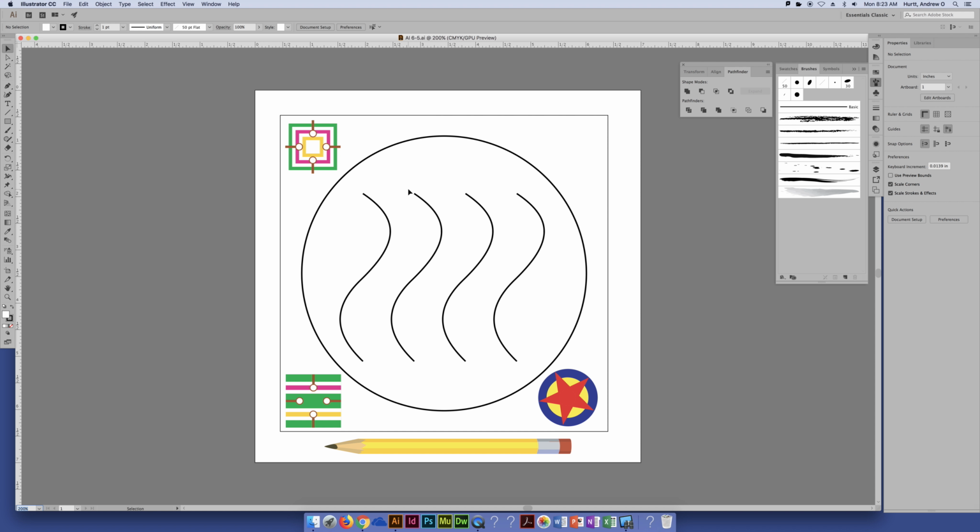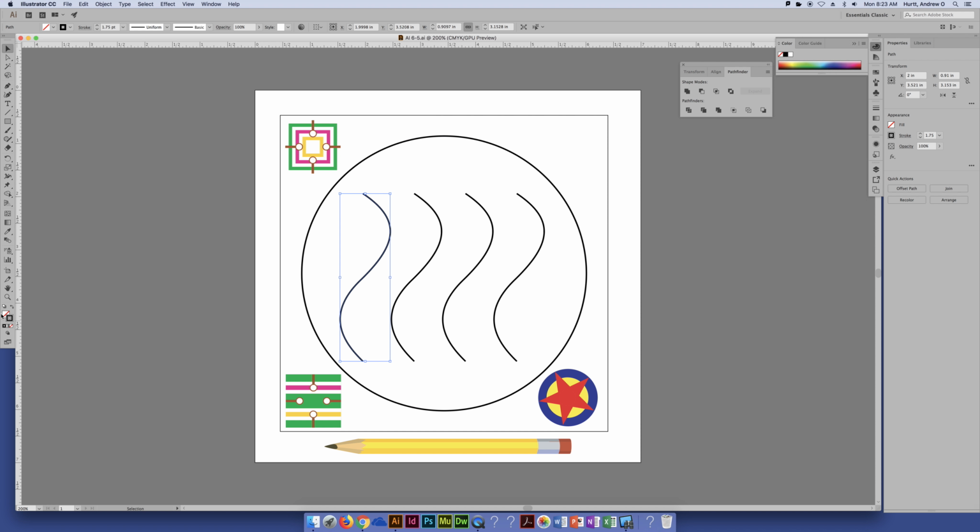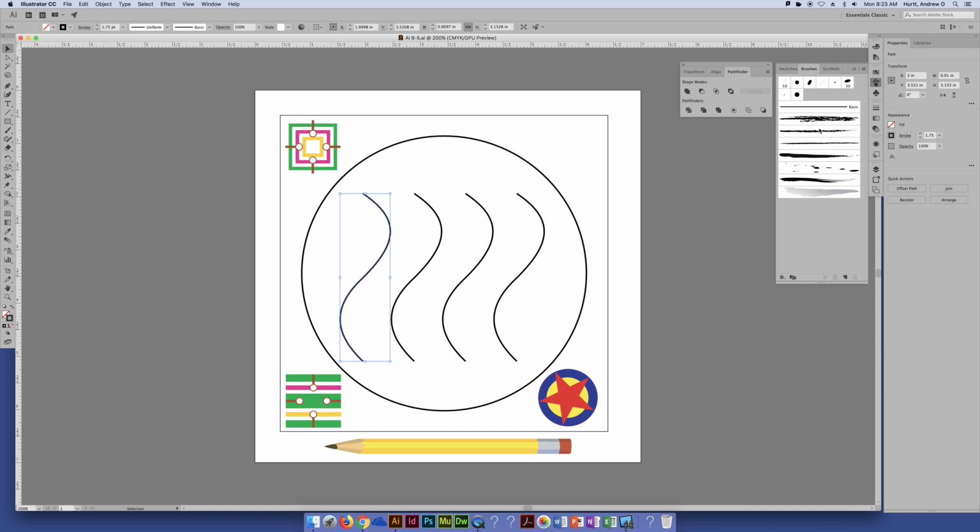But using brushes, I know we've played with it a bit before. For any of the presets, using any of these preset brushes, this is just sort of a sample of a few of their more artistic brushes. You select your object. This is obviously just a stroke, an open path with just a black stroke on it. And you'll see when you open your brushes and use some of the presets, you have these more artistic